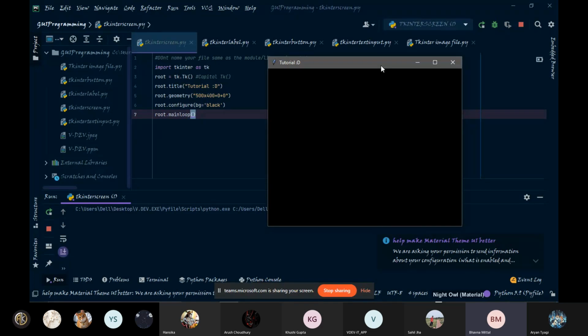So now root is that window which is being created by the tk function. Now you will say, ma'am, tk is the function, so before that, what is this tk written in small letters? Can you see that this is created in the command just above? Is it visible to everyone? Please confirm. Are you able to notice the command import tkinter as tk?